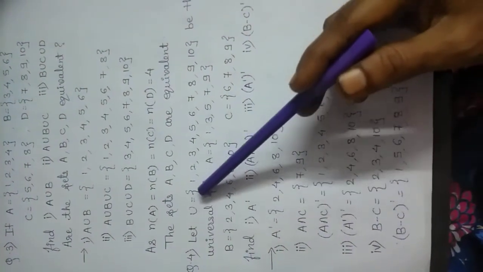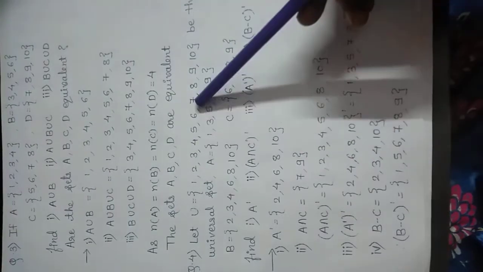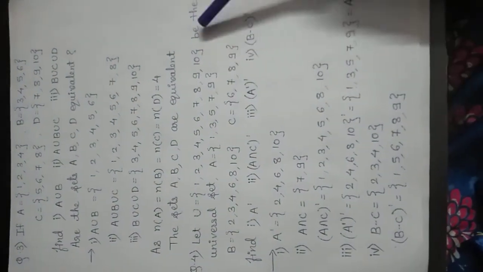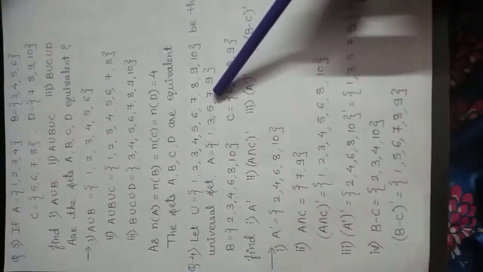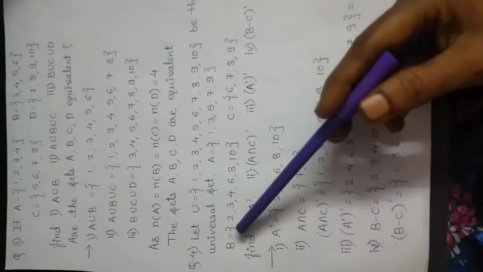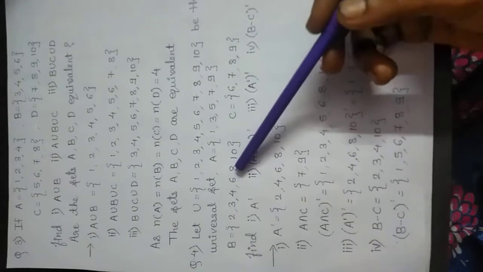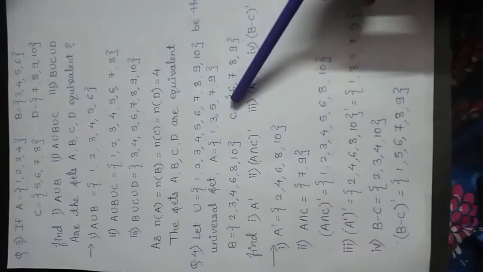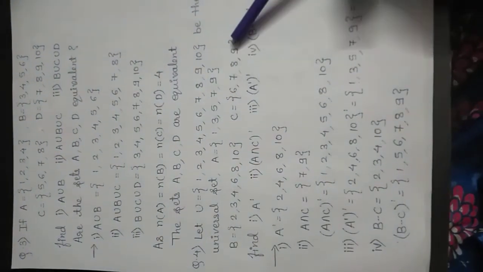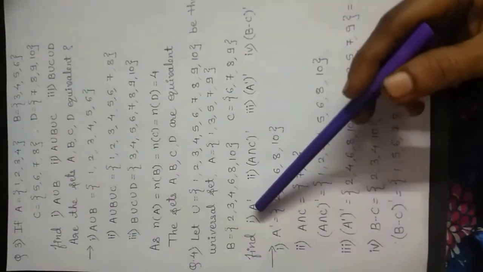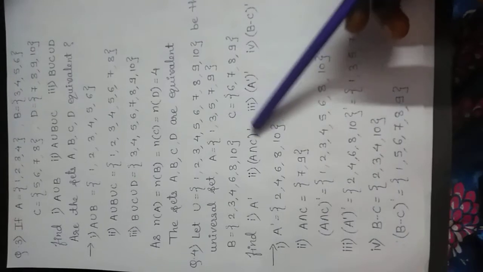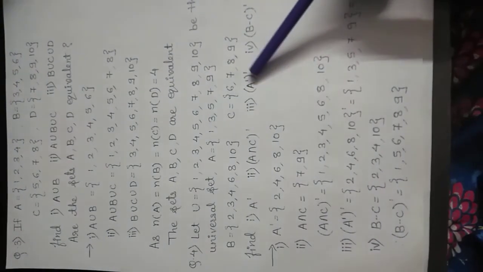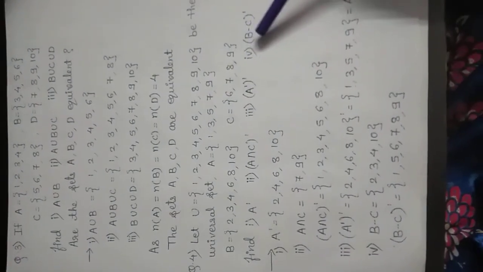Let U = {1, 2, 3, 4, 5, 6, 7, 8, 9, 10} be the universal set. A = {1, 3, 5, 7, 9}. B = {2, 3, 4, 6, 8, 10}. And C = {6, 7, 8, 9}. And we are required to find A complement, (A intersection C) the whole complement, then A complement of complement, and B